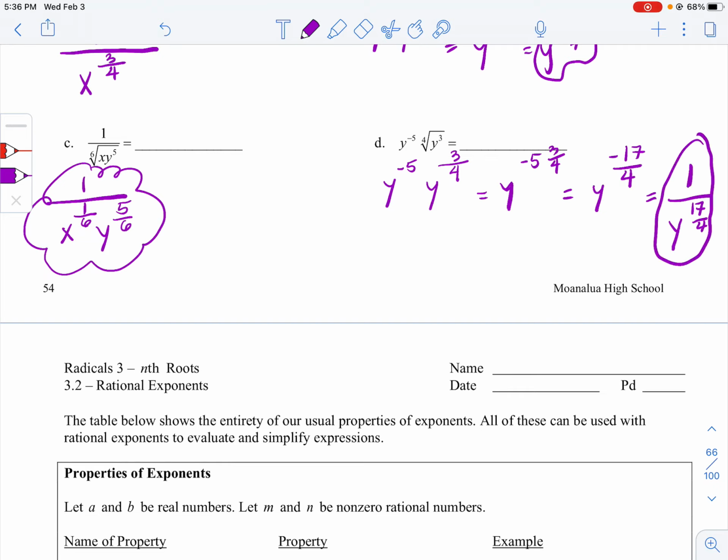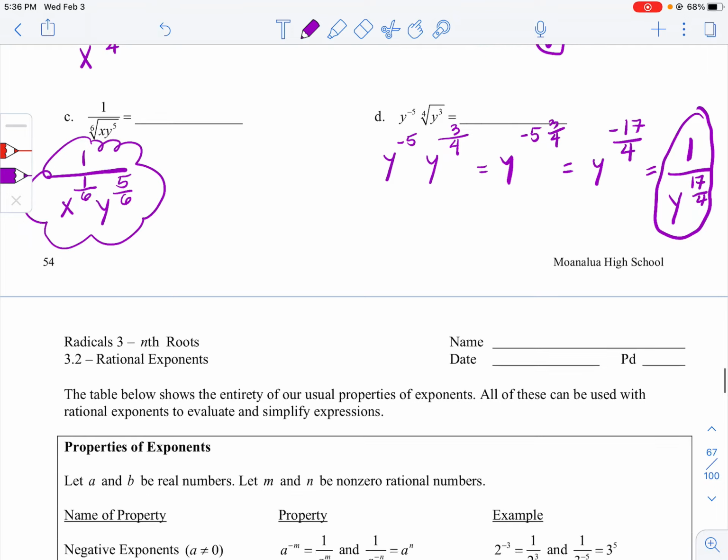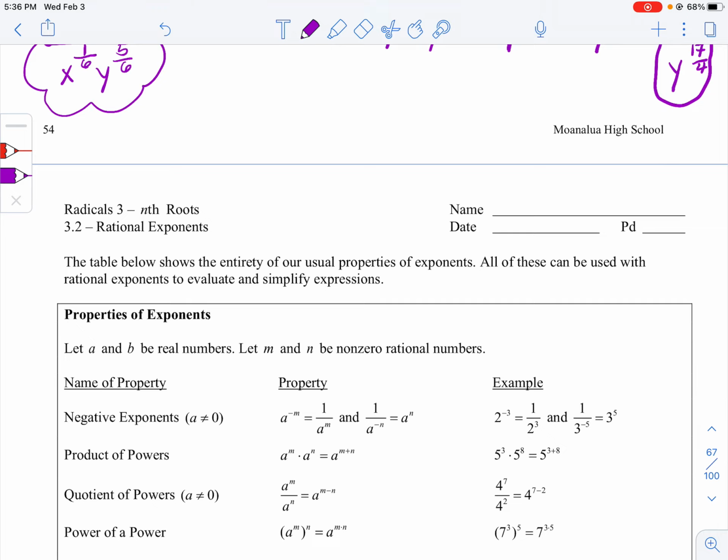So my final answer is going to be 1 over y to the power of 17/4. I could actually convert the 17/4 into a mixed fraction, but I don't have to do that because that one isn't needed for the answer. Okay, so let's move on to the next one, number 3, which is a little bit difficult